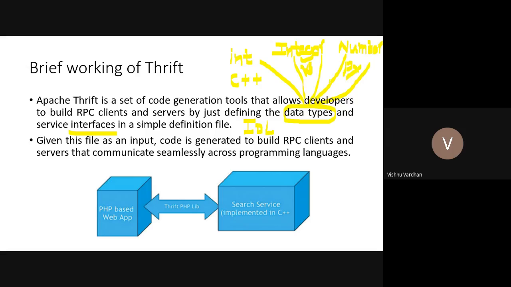So every language is having its own data types as well as the storage mechanism, which is understandable by that compiler only. So if you do it in Java, only the Java compiler will know what that means. The C++ compiler will see whether int is 32 bit or 16 bit differently. So in that way the data types are completely different, and what we are going to define in this IDL